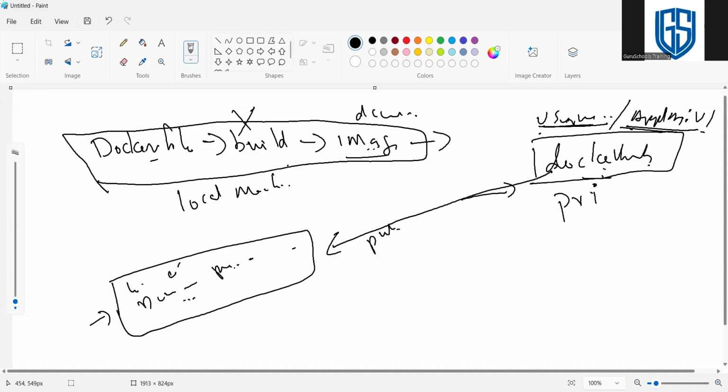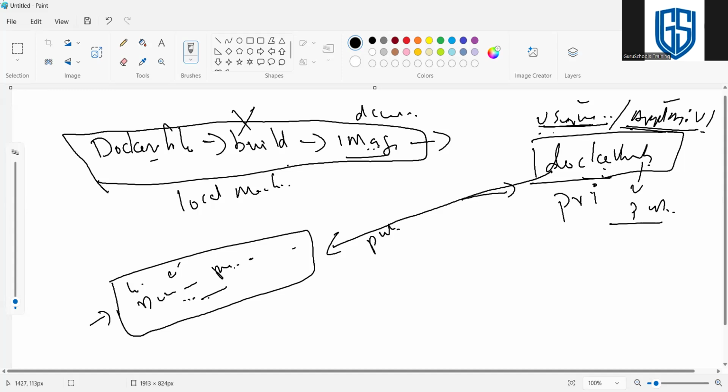So what will happen here? Docker will go and search the Docker Hub with the username and the application name. When that matches, Docker will pull the image and save it in that specific machine. Ensure that this image is public. Otherwise, we can't pull the image; we need to give the username and password for that image.